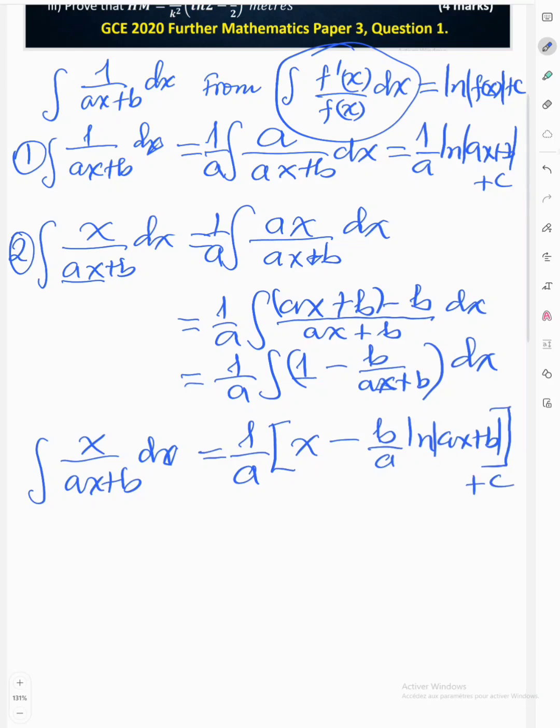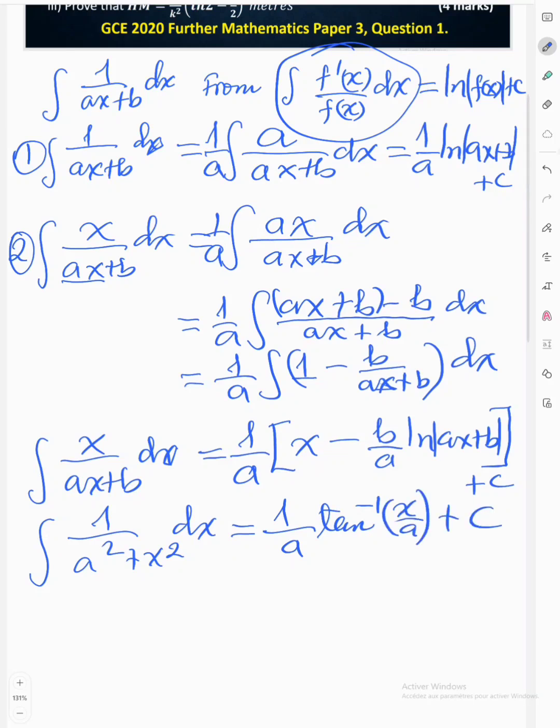There is another formula, the standard one, which you would surely have in the formula booklet, which is the integral of 1 all over a squared plus x squared dx. This one is in the formula booklet, and when it appears, you simply take 1 over the square root of the constant term a squared, which will just be a, and then tan inverse of x over a, plus the constant of integration. So these three formulae